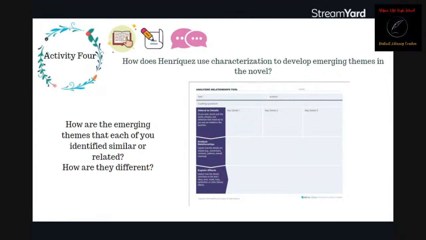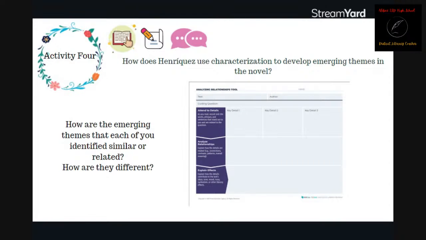Moving on to activity 4, the class reviews the concept of theme, consulting the theme reference guide to establish a precise understanding of the term. As students move through the text, they should be encouraged to refine their initial understanding of emerging themes based on additional information. Next, students work with a partner to choose 2 characters from pages 67 to 91 of the novel